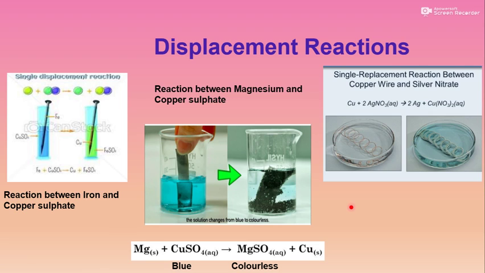Here iron reacts with hydrochloric acid to form iron chloride and hydrogen gas. Zinc reacts with sulfuric acid to form zinc sulfate and hydrogen gas. So what we concluded from the reaction of acids with metal is: metals react with acids to liberate hydrogen gas. In both equations, you can see hydrogen gas and metal salts formed. This one is iron chloride, this one is zinc sulfate.